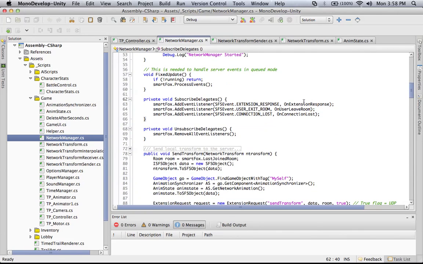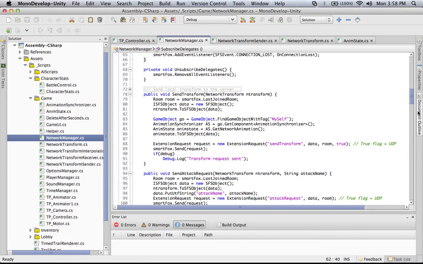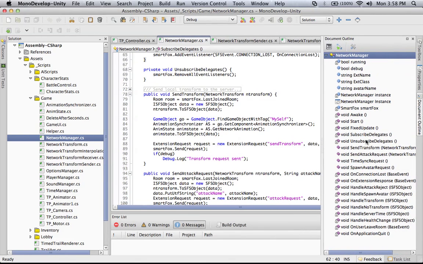So the client here will wait for that package, and when it gets the package, it will look at the keyword, and then it will delegate those packages to the handler